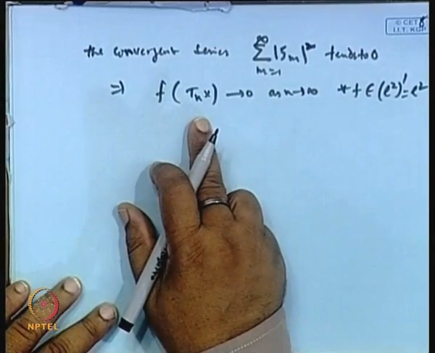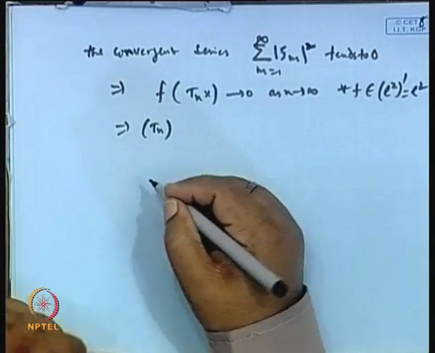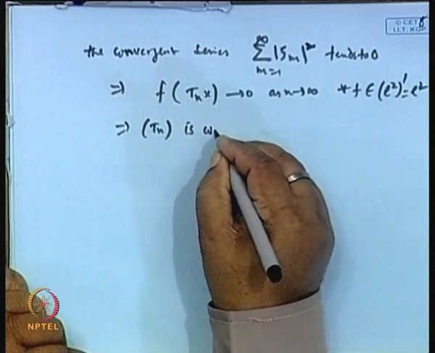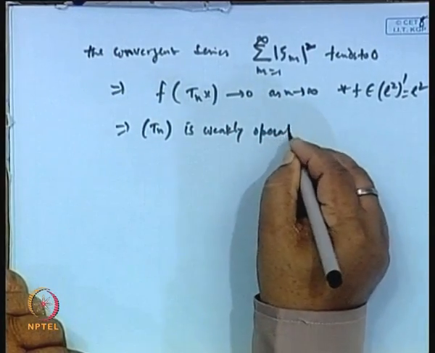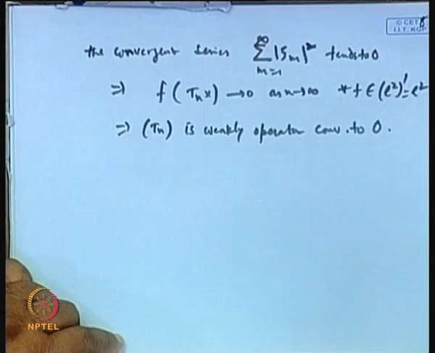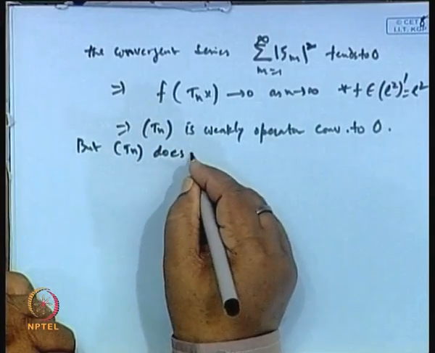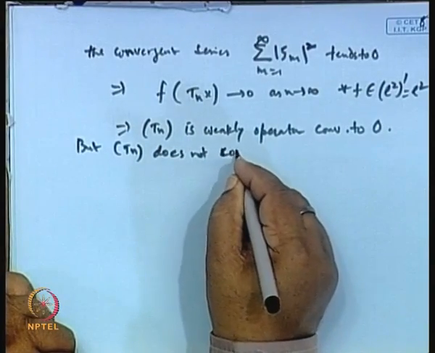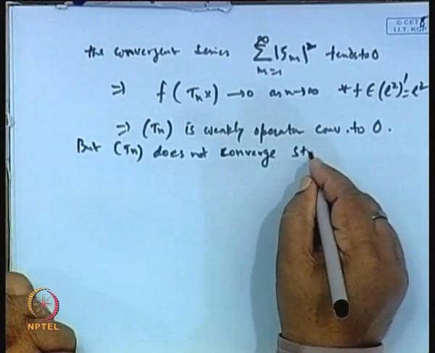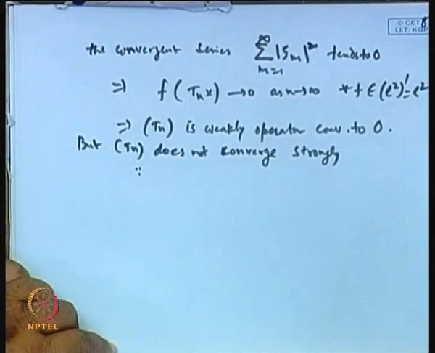Therefore, the sequence T_n x will converge to 0 weakly. Therefore, the sequence T_n is weakly operator convergent to the 0 operator. But T_n does not converge strongly. Why? Because the norm of T_n is 1, and T_n x does not converge strongly, because if I take